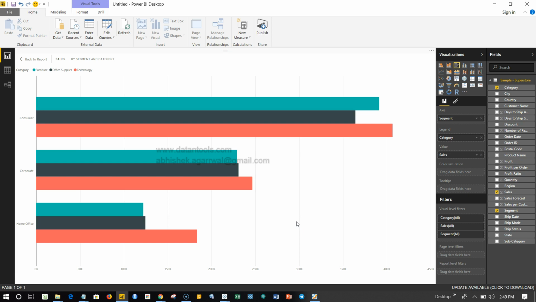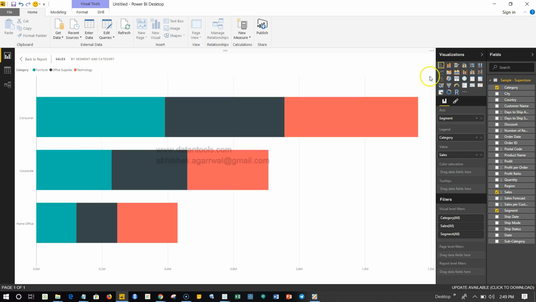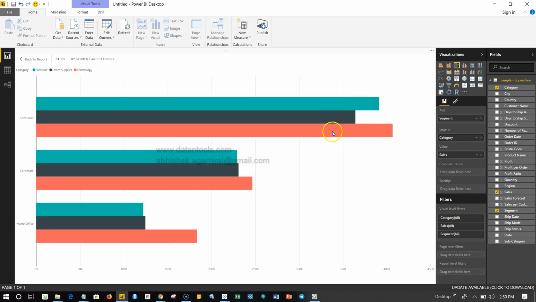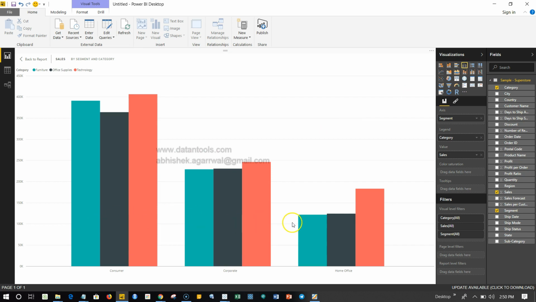So a stack bar chart which we created earlier, which is this, you can see that from a comparison perspective it gives us a lot of challenge, whereas the group bar chart or the clustered bar chart gives us the flexibility that we can easily make some sort of a comparison. Now, like I discussed earlier, by default you will get this type, that means the horizontal clustered bar chart. If you need vertical, you have the option available over here, and you click over there, you get the vertical one, and this again is a very easy and a standard way by which your end user basically